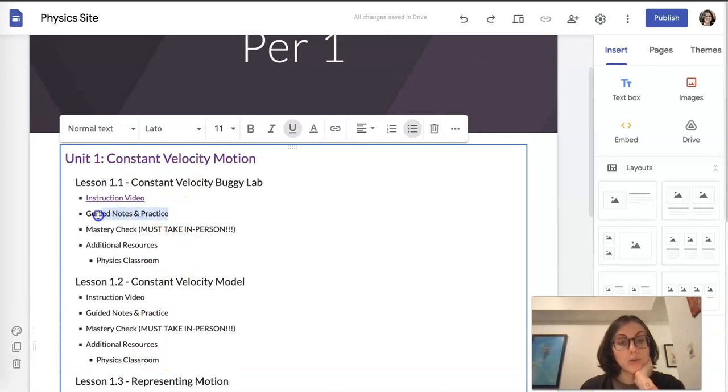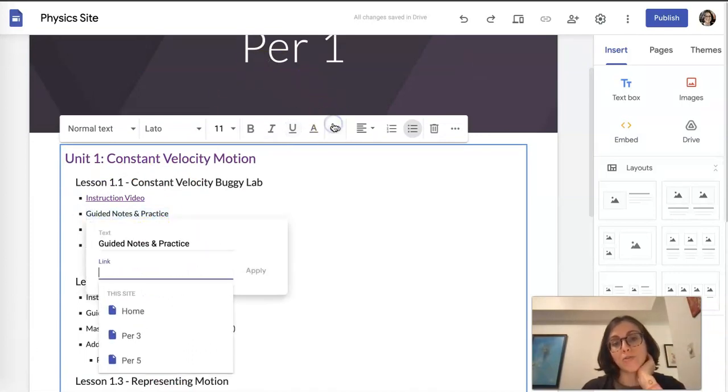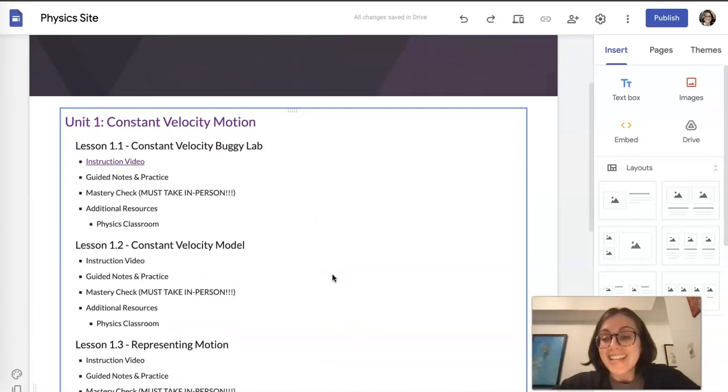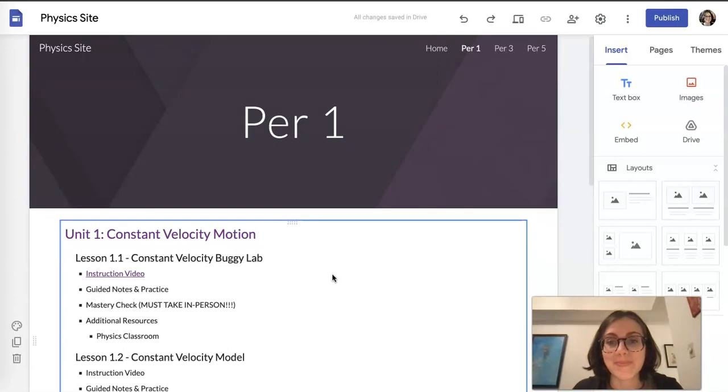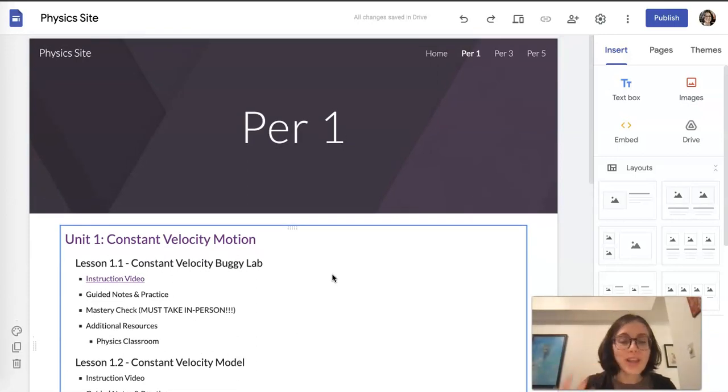So then I would do the same thing for all of the other parts of my lesson. I would link to the file, be it a Google Doc, Google Slides, a YouTube video, anything. I'd provide the link. So this is the structure I would suggest for your very basic LMS. Super simple, but it does the trick, right? It has the same core functions as Google Classroom or Canvas, but you're making it from scratch.